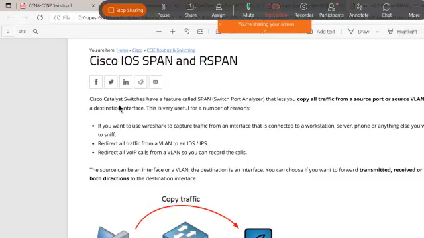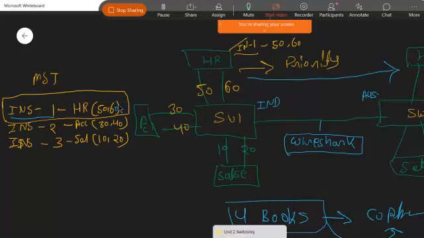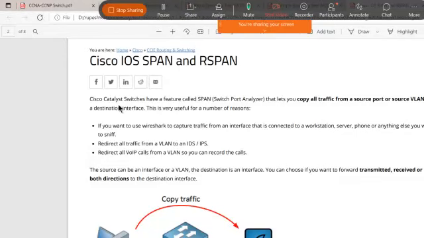If I take this scenario, you can monitor all the traffic going via this link, right? So who is going to help with that? The Wireshark, right? Wireshark is an application which will help you to monitor all the traffic which is going to travel via this interface, right?